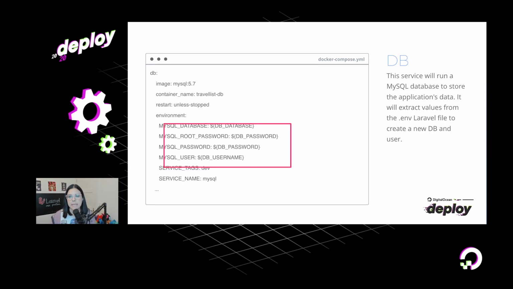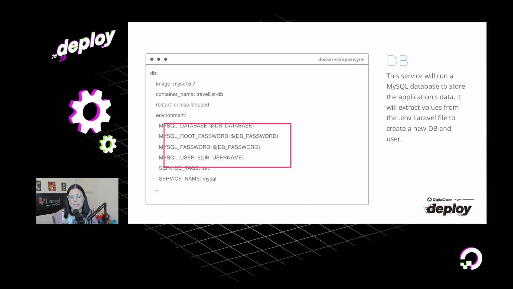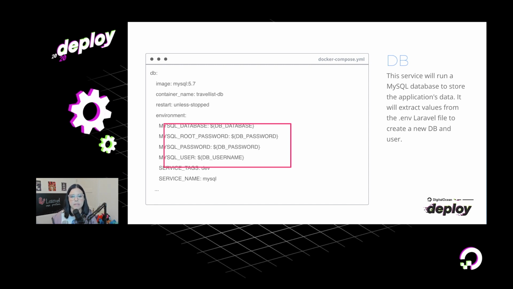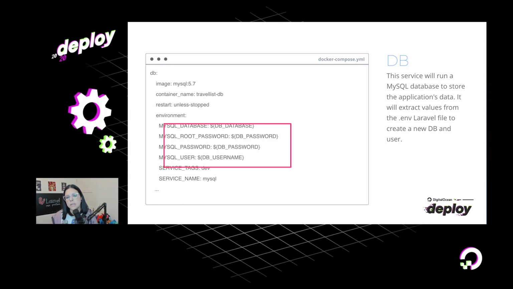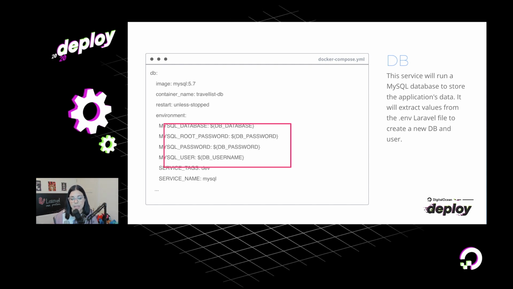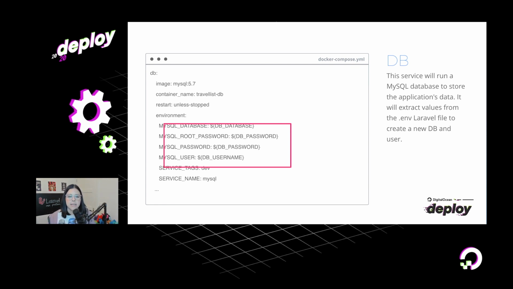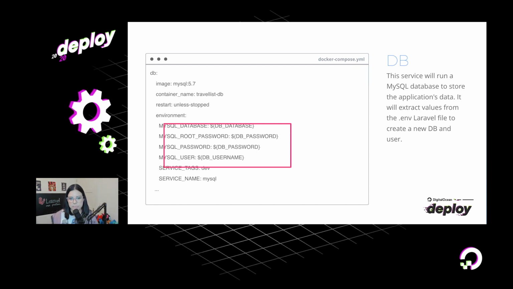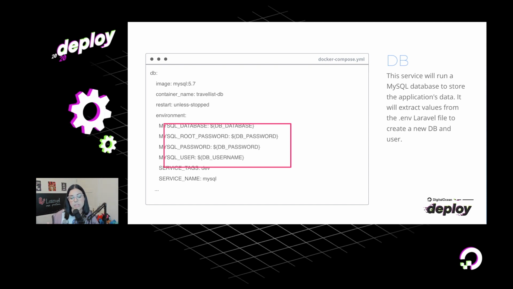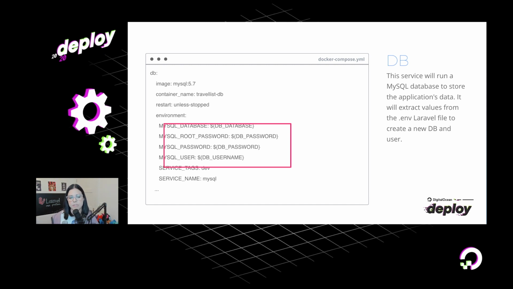And this is the database service. It starts similar to the other ones, and uses an image from Docker Hub. In this case, it's using 5.7, it could be 8. Then what we have different here is this environment section. The environment section is used to define environment variables that will be injected into that container, into that service.